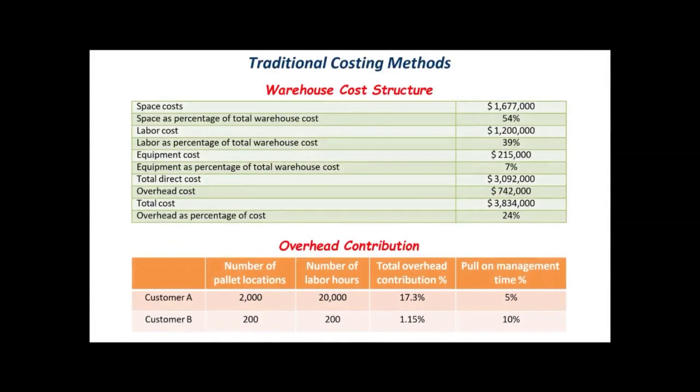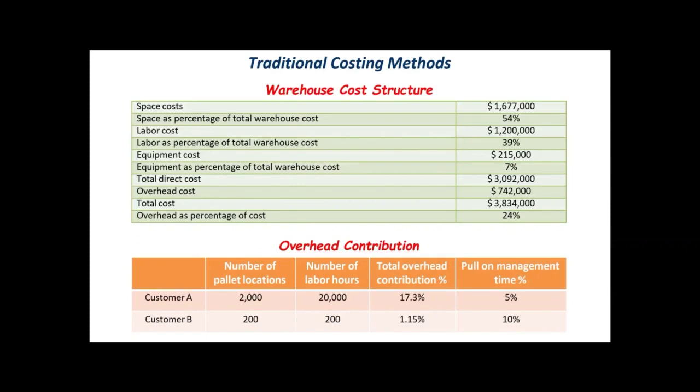Traditional costing models tend to allocate overhead costs arbitrarily. In the table, we show a typical warehouse cost structure in terms of storage. Let us assume that our warehouse is 10,000 multiplied by 1.5 meter height pallet locations. From a cost point of view, each location costs $167.7 per annum. In order to allocate the overhead costs, we need to add a further 24% to this figure, which comes to a total of